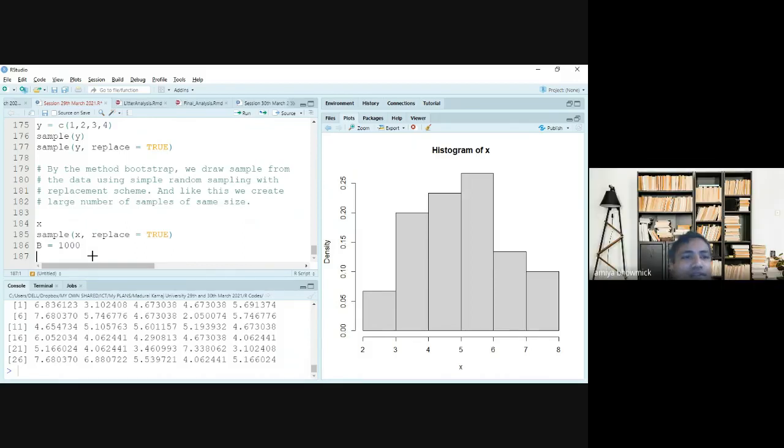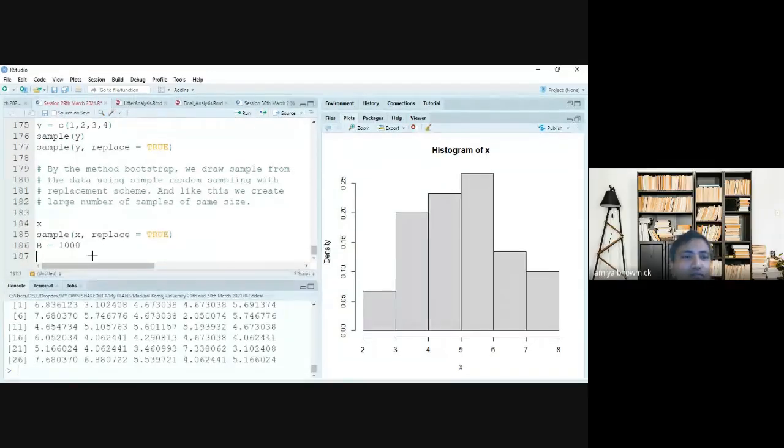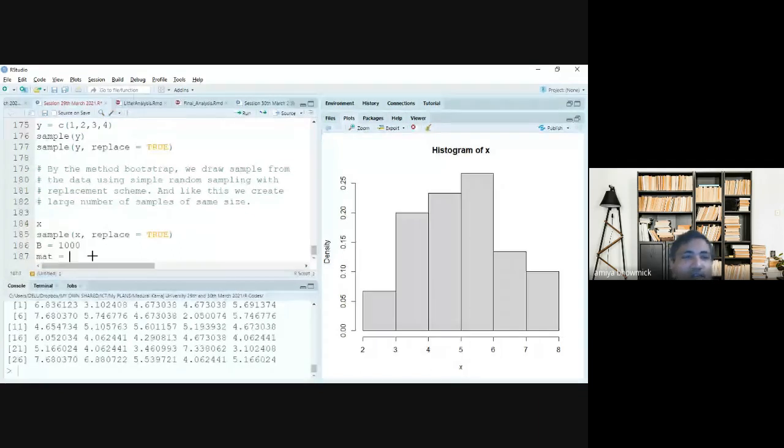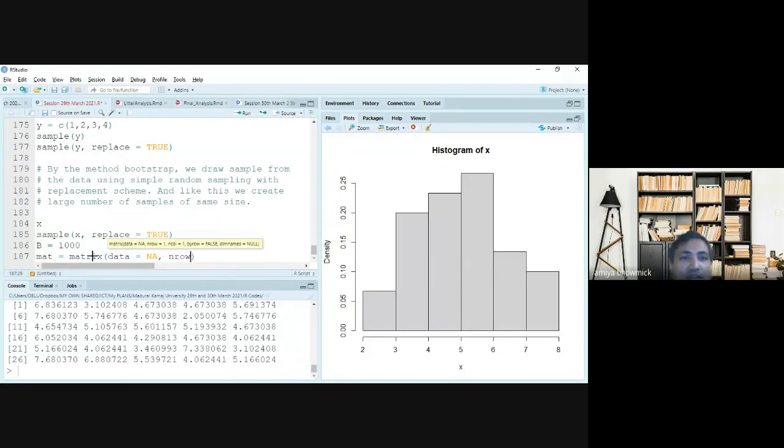So what are you going to consider? We are going to write a loop. You may not write it yourself also. Let me write it down so that the code will be shared and you can automatically get it. So what I'm going to do over here, I'm going to define a matrix. Let's call it boot_mat, equal to matrix. Now in the matrix there is nothing, and the number of rows I want is capital B.